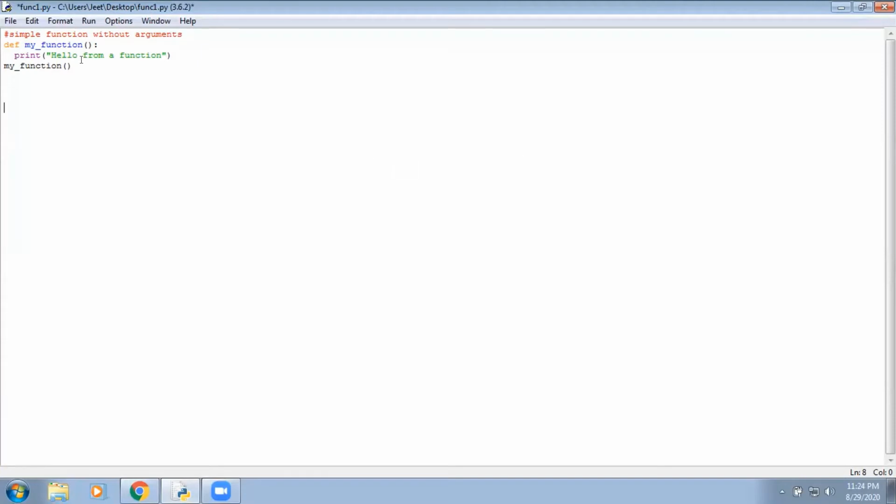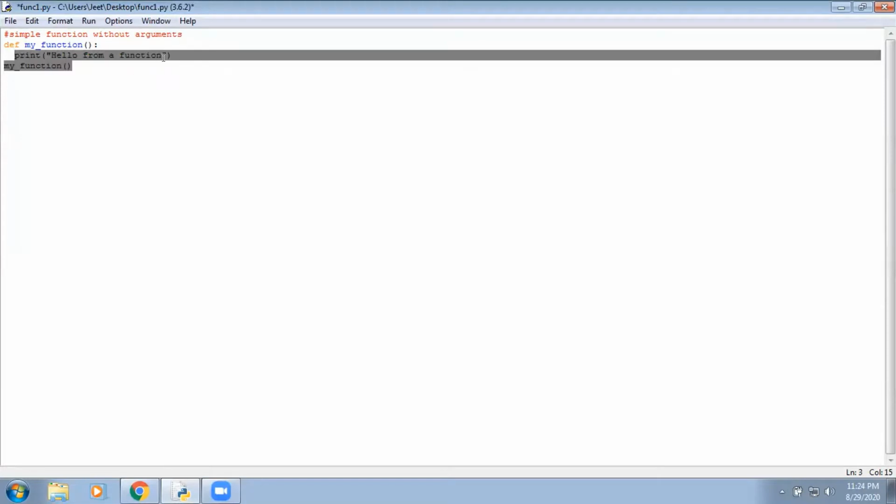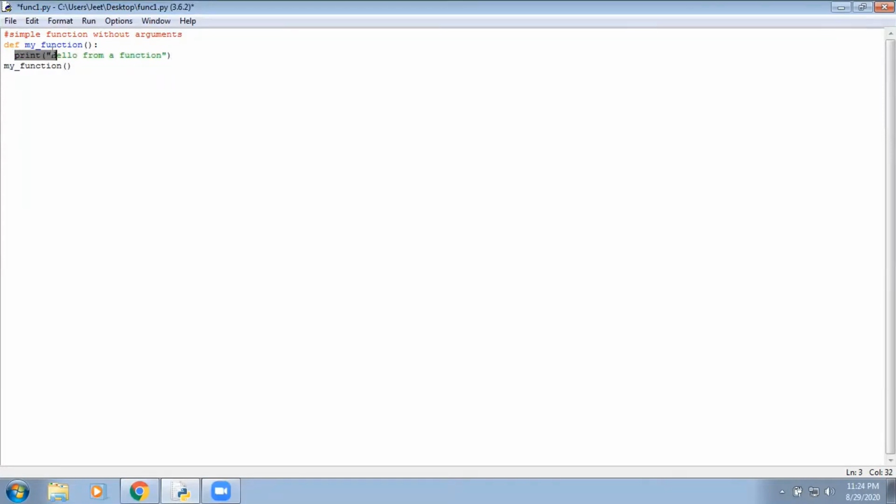So over here guys, I'm taking a simple function without arguments. I'm declaring a function by using the def keyword as discussed earlier. So I'm writing def, then the function name, and then the parenthesis. And as it is a function without arguments, there are no parameters inside the parenthesis. And then I'm putting a colon, and then the function definition, that is, what are we doing inside the function. This is the function definition, and the first line is the function declaration.